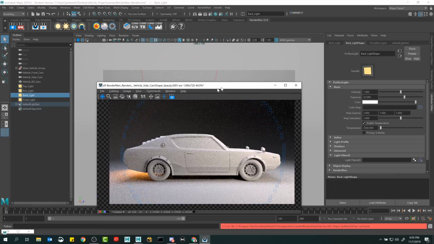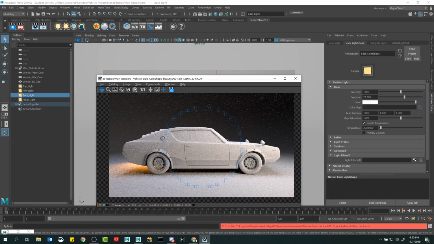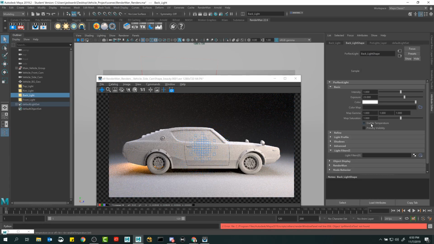But what's different is if I go to the light and change something, I'm going to turn off that temperature. Watch what happens. Do you guys see what just happened back here? The color changed. If I go to here and pick that same pink, see how it just restarted again? Like it started back over? Now the pink's there. So it's trying to update, and every time we change something, sometimes to a fault, because